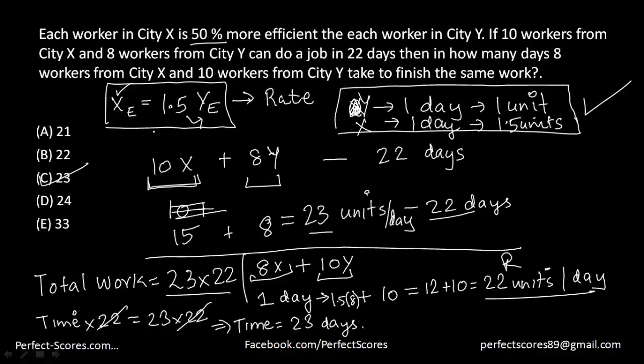So the question says each worker in city X is 50% more efficient than each worker in city Y. I just assume that every worker in city Y finishes 1 unit every day. Then every worker in city X will finish 1.5 units every day. Now the question says that 10 workers from city X and 8 workers from city Y are able to finish the whole work in 22 days. That means